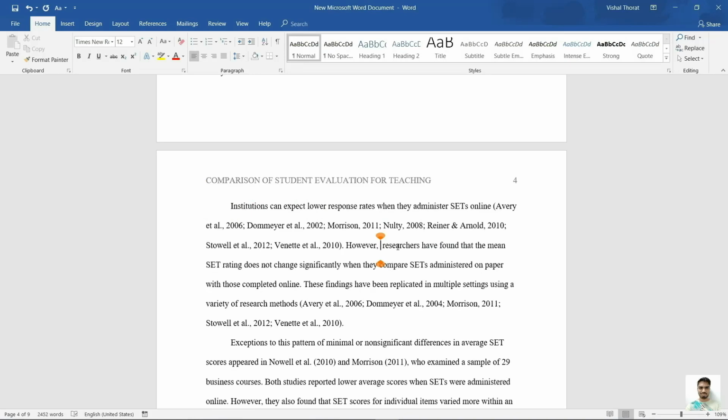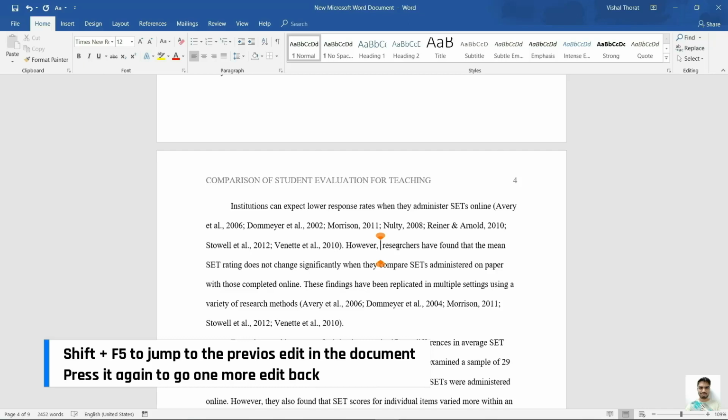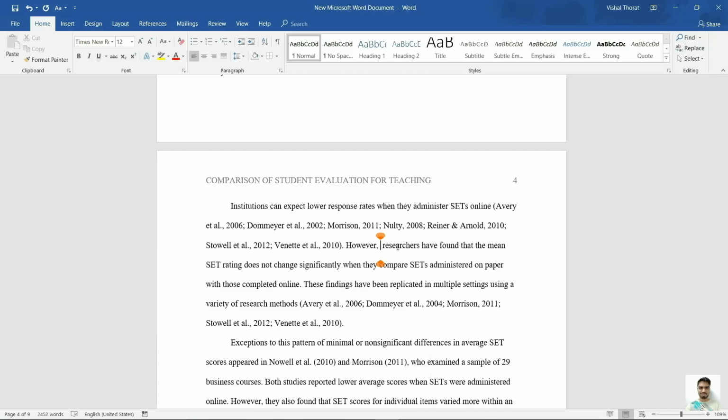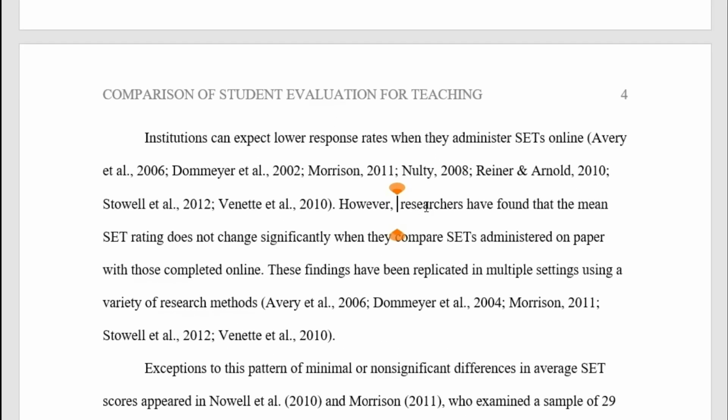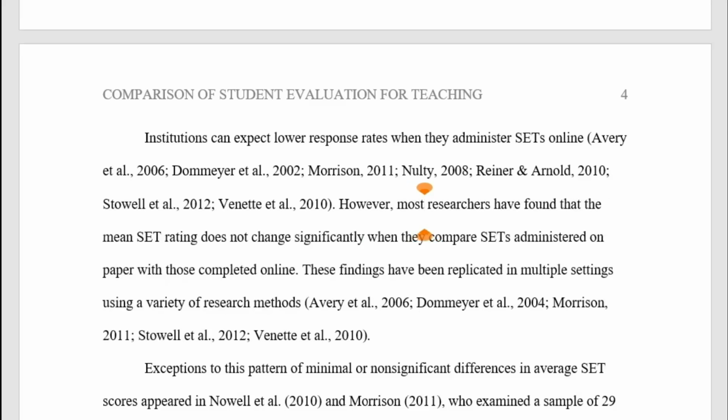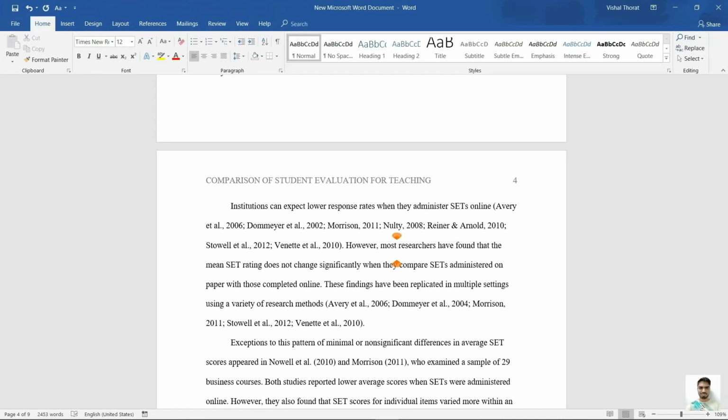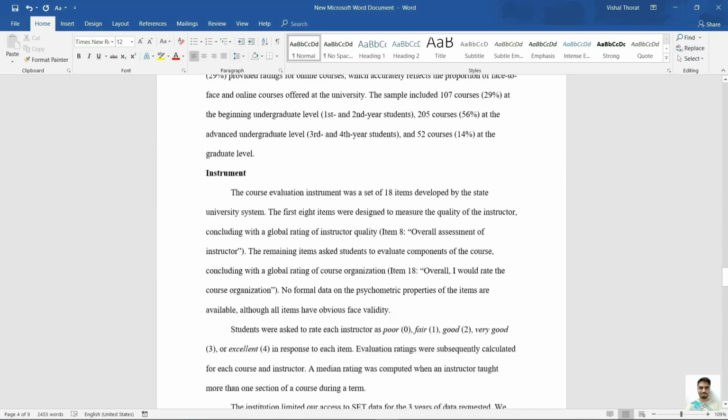The next shortcut is my personal favorite and is extremely helpful. Use Shift plus F5 to move to the last point you were editing in case you move the text cursor to some other location. For instance, let's say I'm editing on page 4 somewhere in the middle of this paragraph, and I suddenly remember to see something which I have typed on page 7, for example. Then I move to page 7 to refer to that thing.